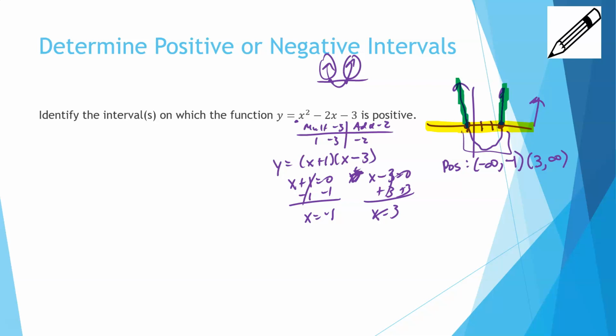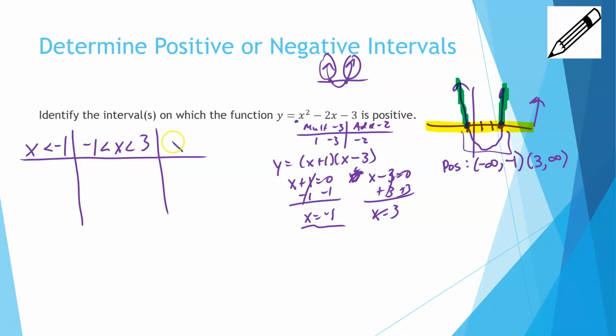Having said that, I do want to introduce the other option that the book gives to find when things are positive and negative, and that is you would build a table where you virtually write the three intervals. You have one interval where x is less than -1. You have the middle interval, where x is between -1 and 3. And then you have the final interval, when x is greater than 3. Really, we are talking about these 3 different sections that we can see in the graph that we made. If you do this, then you would just use a test point